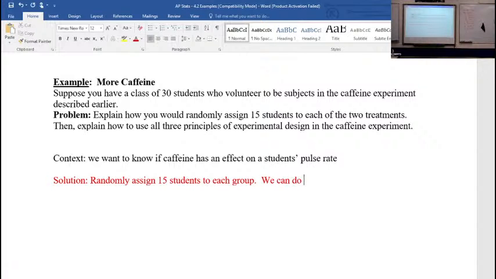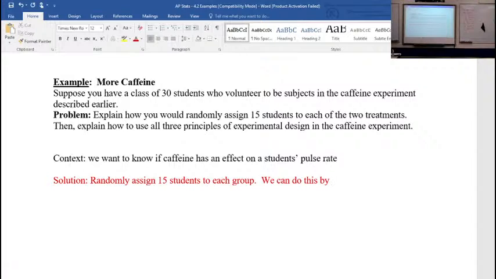We can do this by, I had said that a common method is taking names and putting them in a hat, so that's what we're going to use here. You can use random INT and pick the 15 people from 1 to 30, but what I'm going to do